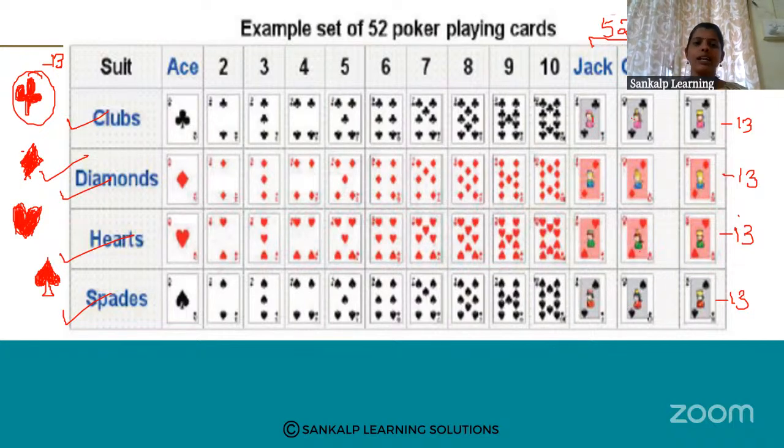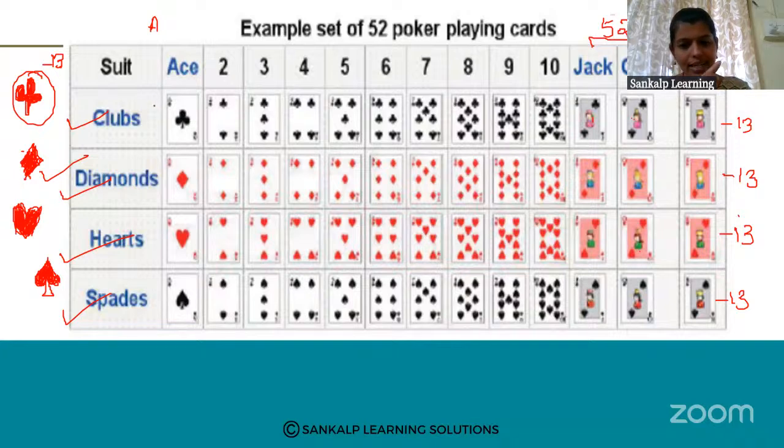Okay, so 4. Next. So, have you observed the numbers? These numbers start from 2, 3, 4, 5, 6, 7, 8, 9, 10. But where is 1? There is no 1. So what do we do? We start with the first letter A. So have you observed one card that is having A? So we consider that as 1. So it is called an ace. Okay, so in one set of cards, one ace card is there. So in 4 sets, 4 ace cards are there.